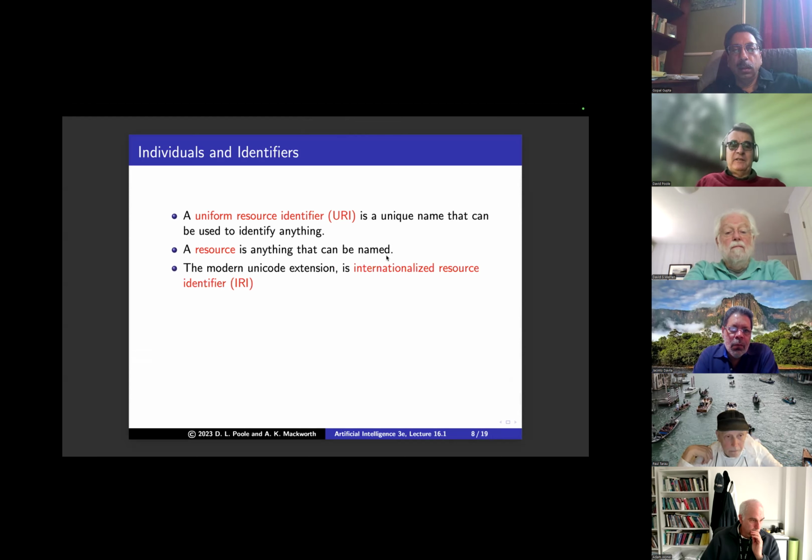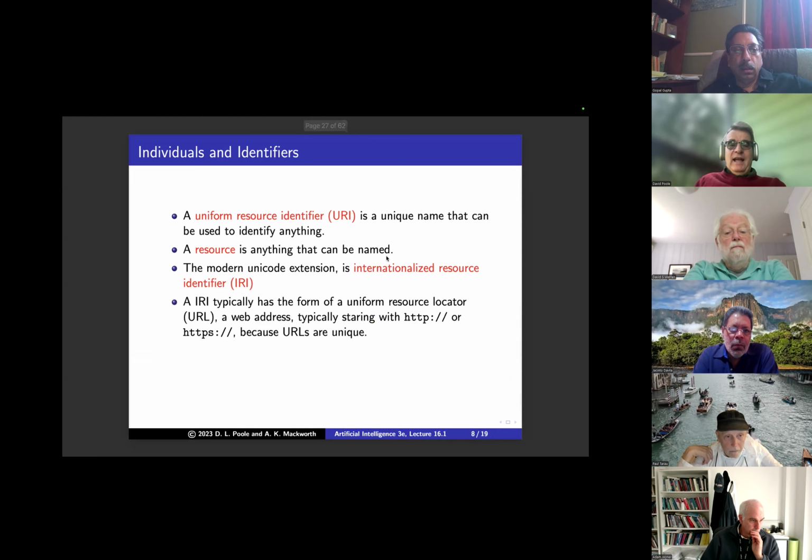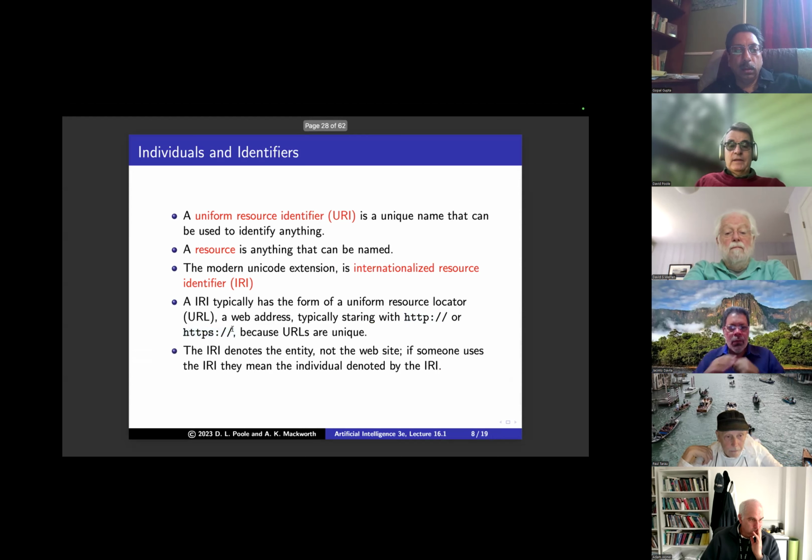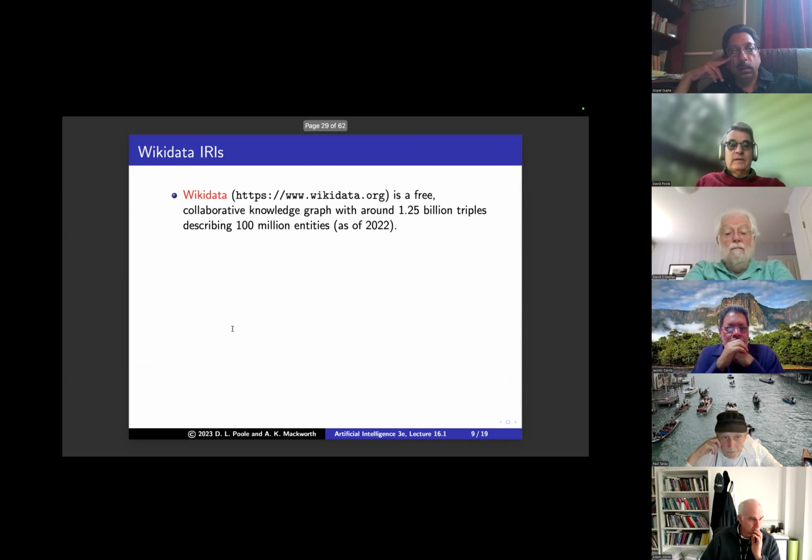I always get told off if I say URI, because apparently they're old-fashioned. It typically has the form of a web address, starting with HTTP or HTTPS, basically because these URLs are unique. And the IRI denotes the entity, not the website. They mean the individual.